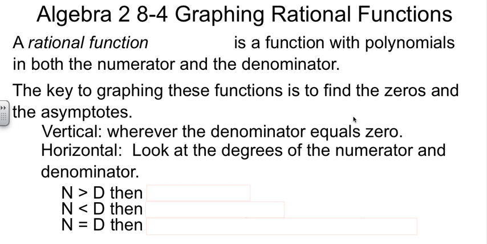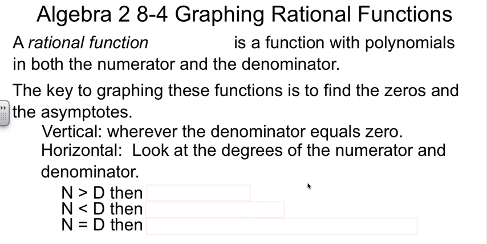Now, we talked about last time there's two kinds of asymptotes. There's the vertical and the horizontal. The vertical asymptote is still the same idea. It's where the denominator is equal to 0. Now, with the horizontal asymptote,